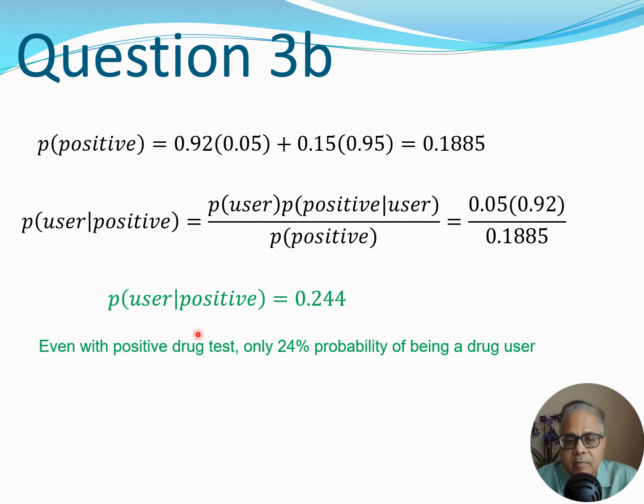Now I simply put this P positive in the Bayes theorem, and I obtain the probability P user given positive is 0.244, which means that even if there is a positive drug test, there is only 24% probability of this person being a drug user. So we have to be careful about jumping onto decisions just because of some drug test, and we have to be